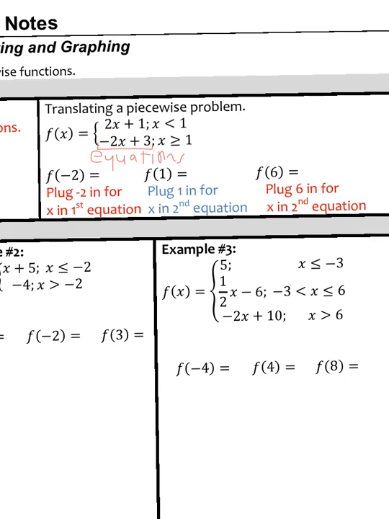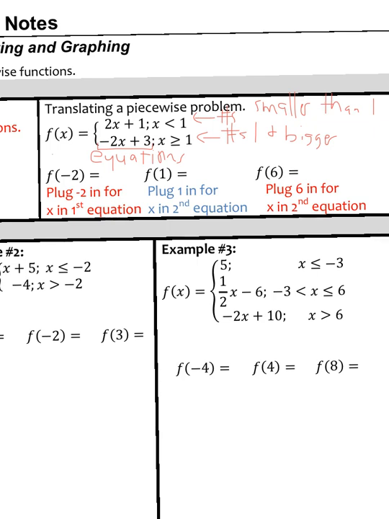So this first one is where we want to keep the numbers smaller than 1, and I mean the x values. And then the greater than or equal to 1, these are the numbers 1 and bigger. And then we have this f of negative 2, f of 1, all of that type of stuff. And that's saying that,